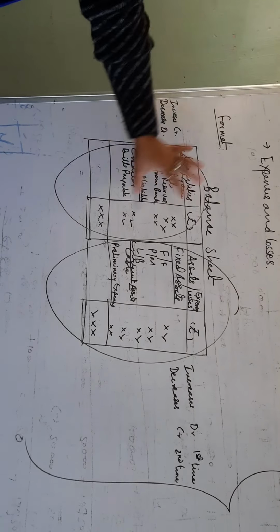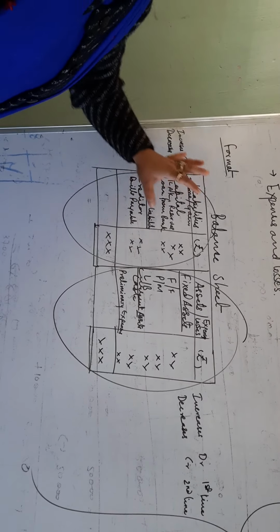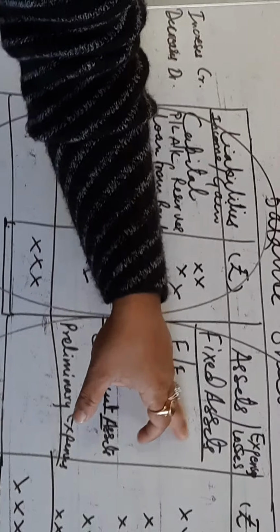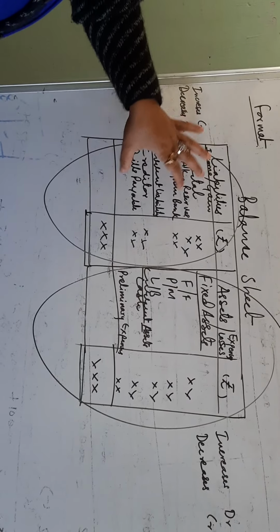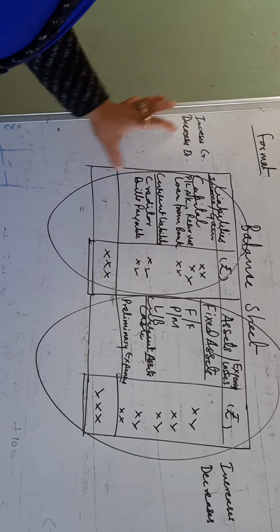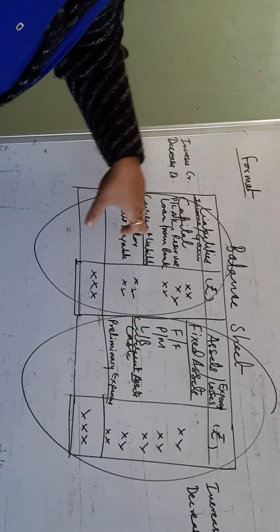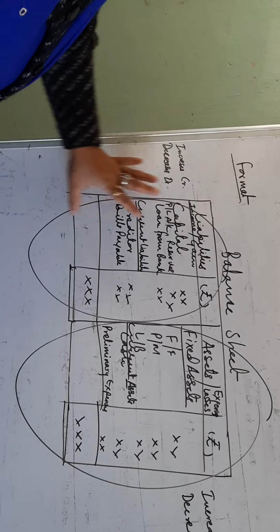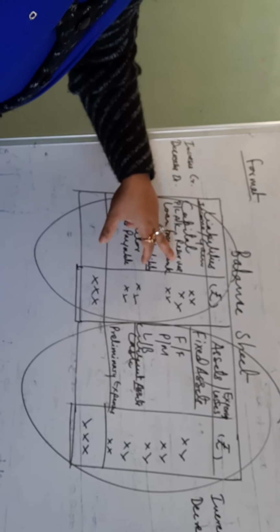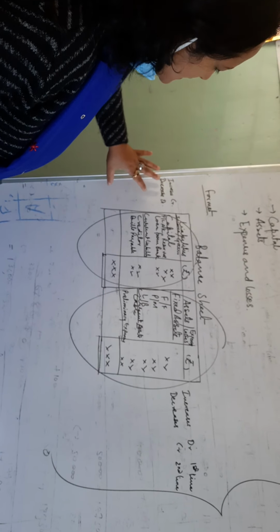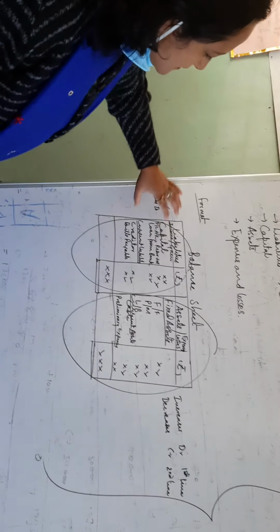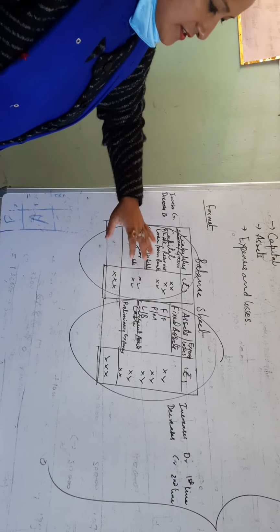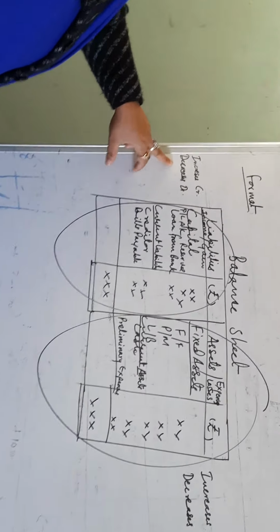And on the left hand side you will find all the liabilities and capital. Just opposite, we are writing expenses and losses on the asset side, and income and gain on the liabilities side. Okay. So see, you will have all the liabilities including profit and loss account, reserve and surplus. You will be finding general reserve, everything. Afterwards you will be learning so many items which exist in the balance sheet. If it increases, then we write in the credit, just opposite. If it decreases, we write it in the debit.